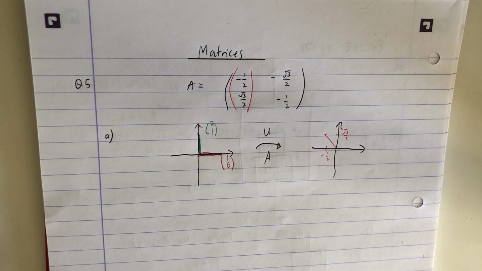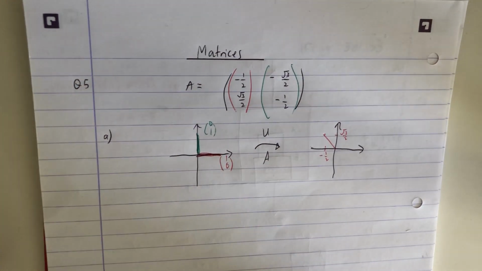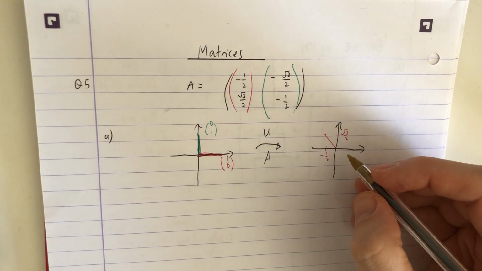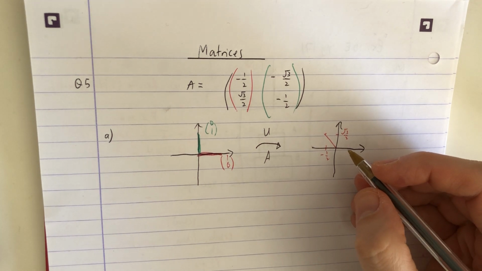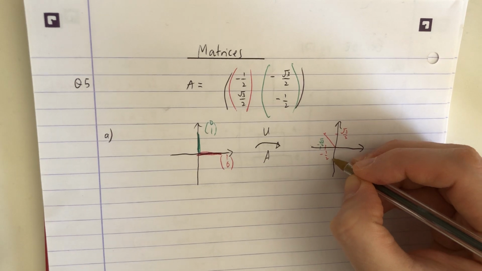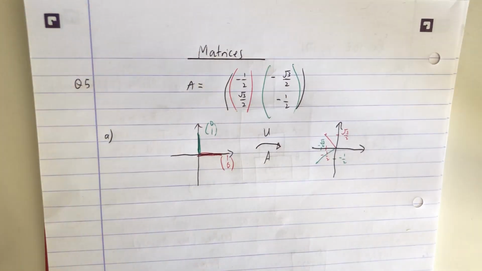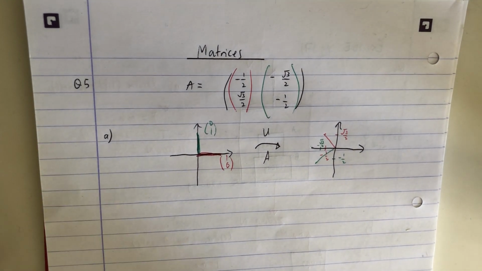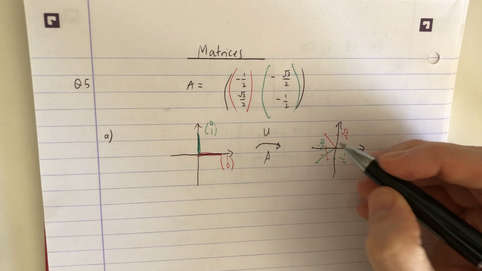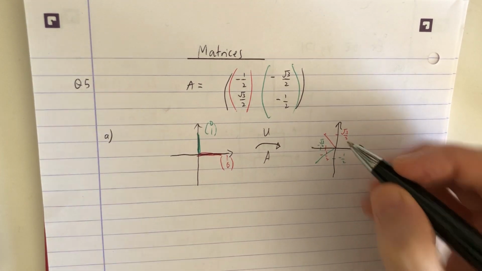And the other vector goes to this, which is minus root 3 over 2, minus a half, which goes down there. So to me this looks like a rotation, and if you think about how many degrees, well,